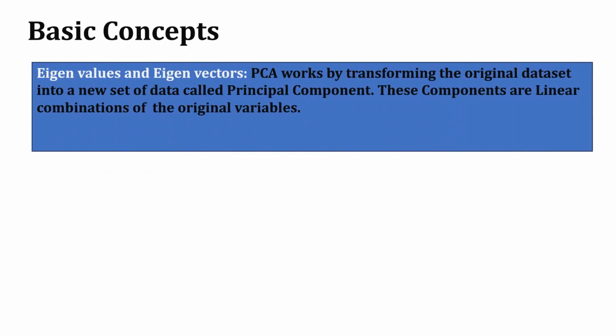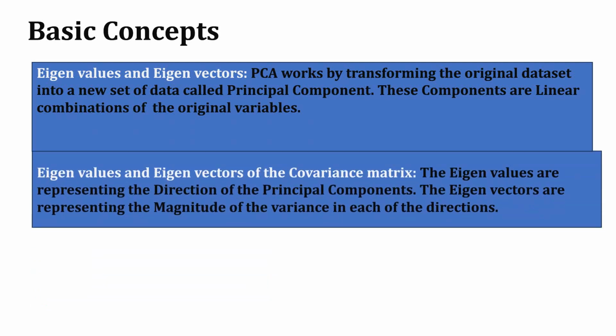Basic components. Here the basic components are eigenvalues and eigenvectors. PCA basically uses these two values to transform the original data into a newer data set. That is the principal components. PCA can create the principal components using the eigenvalues and eigenvectors. Okay,